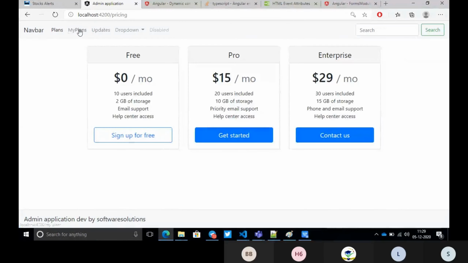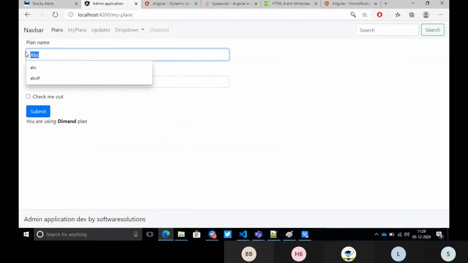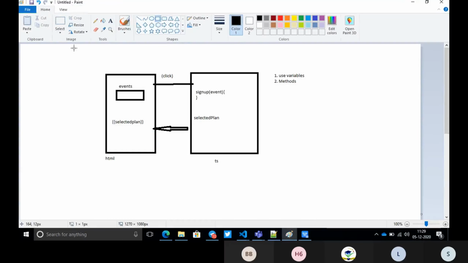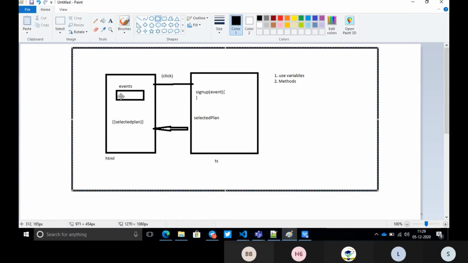Next, we will see how to use the key down or key up events. First, we have seen in the presentation that there is a button, and when we click it, we call some action. So how did we do that? Using the events, right? Using the events.